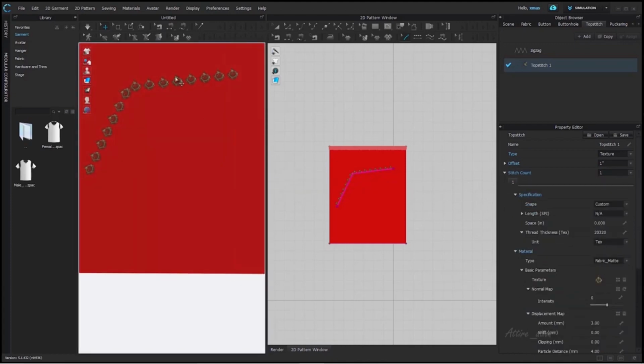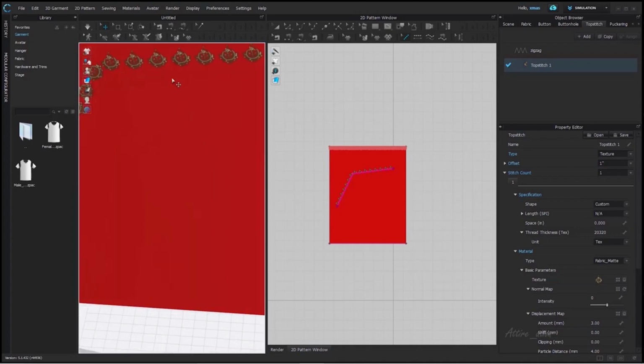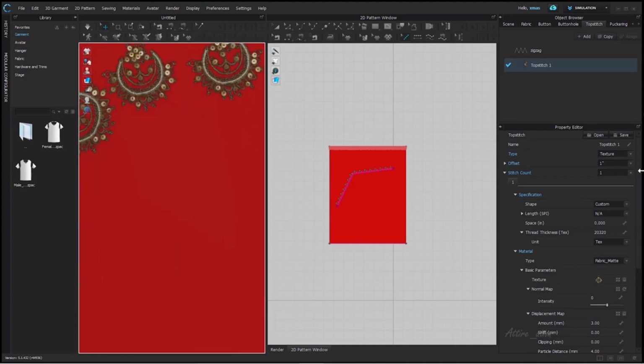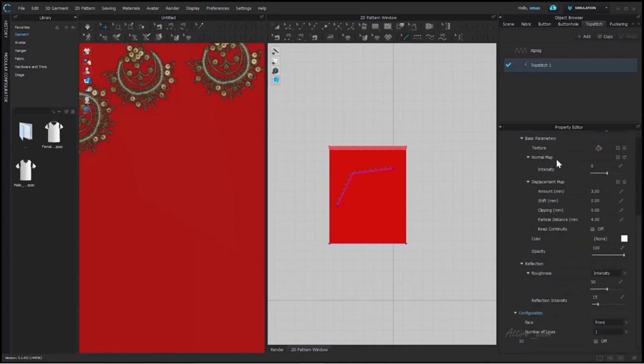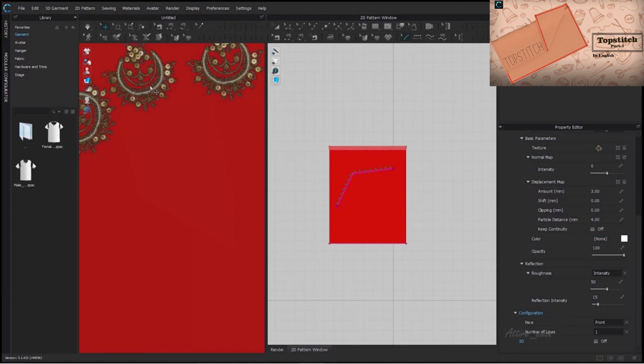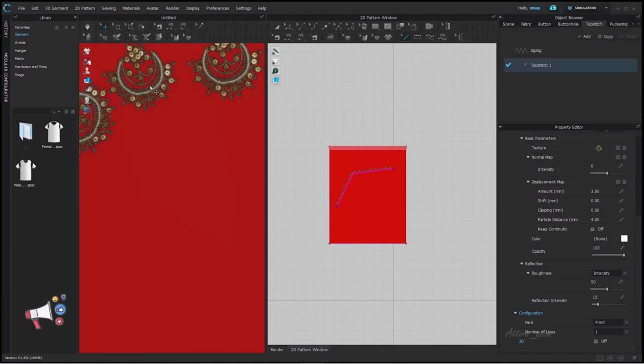This way, you can import any other image here instead of a normal stitch line to add something unique in your design. Here, you can have all the features like we generally have. So you can add its normal and displacement map to make it more realistic. Currently we don't have both, but if you have them in your design, then you can utilize this feature. This is all we want to tell you, and all the changes that we learned in the earlier class are the same for this too. Now it's up to you how you are going to use it.